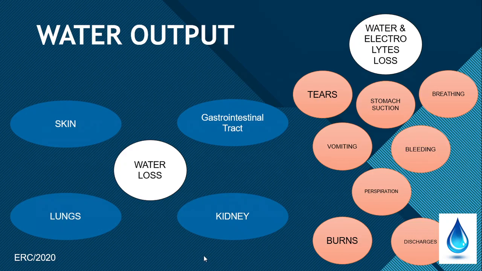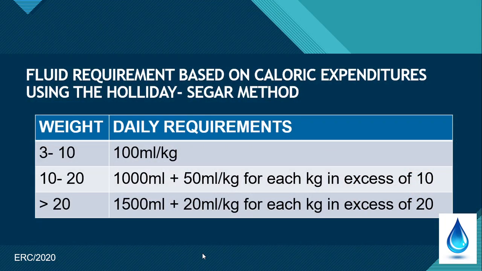Fluid requirement based on the caloric expenditure using the Holliday-Segar method. For 3 to 10 kilograms, the daily requirement is at least 100 ml per kilogram. For 10 to 20 kilograms, 1000 ml plus 50 ml per kilogram for each kilogram in excess of 10. For example, if you are weighing 11 kilograms, 1000 ml plus 50 ml per kilogram, so your daily requirement will be